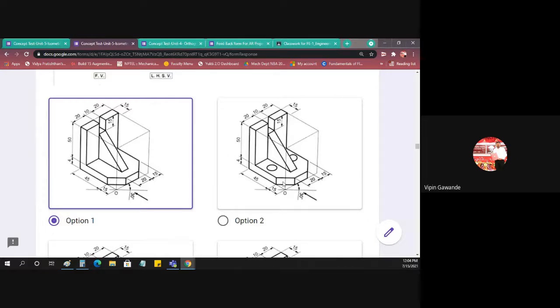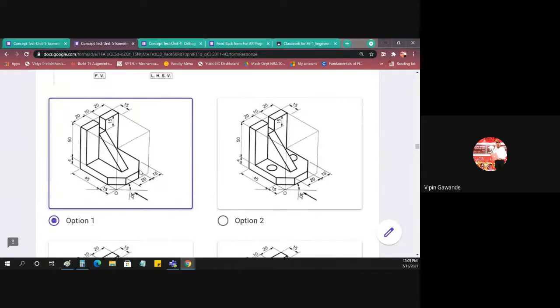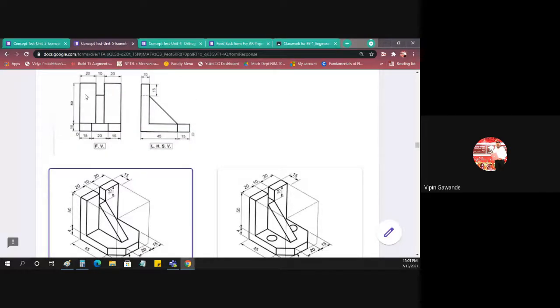So we have to click option number 1 here. By mistake, if you click any other option, you will lose your marks. So you have to be very careful while selecting the correct 3-dimensional object. And it is very simple. I'm telling you how to select the object. You have to just check the view that is given to you. In the front view, you have to check 1, 2, 3 rectangles. So that is correct.